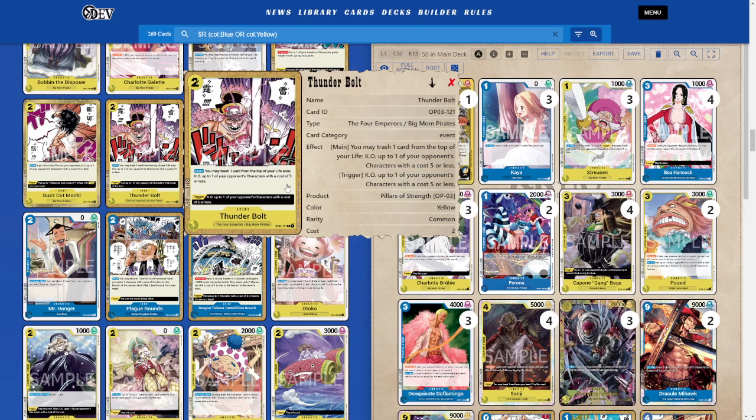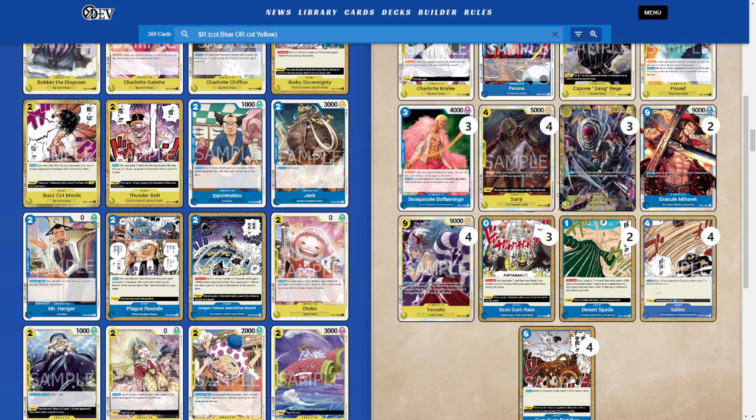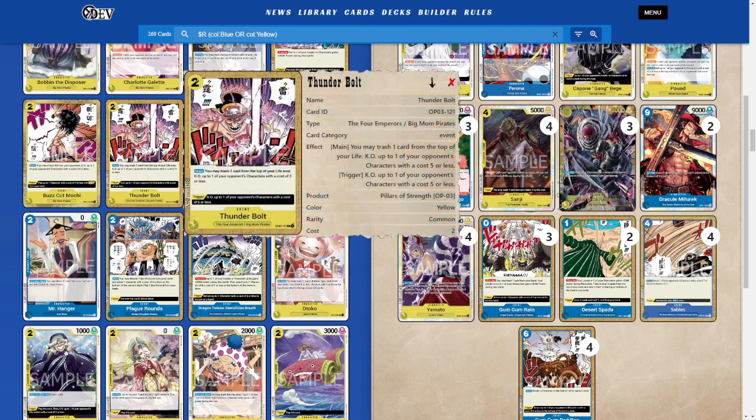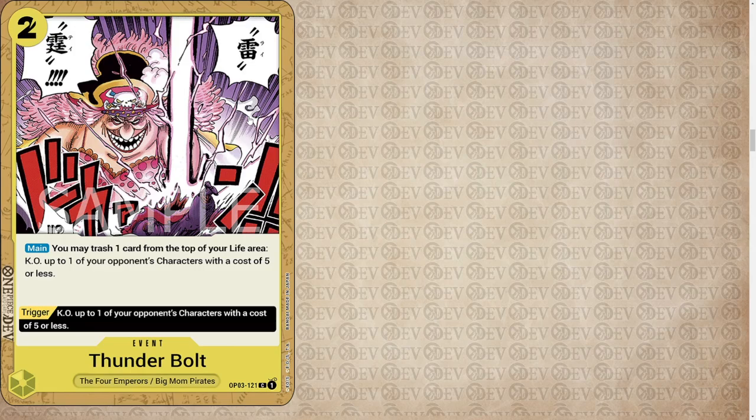Okay, these are the cons, and then I'll do the pros on it. The cons are for 2, you're KOing a 5 or less. Well, we already have a 4 that's bouncing a 7 or less, and has the trigger to bounce a 7 or less as well. But then you look at Thunderbolt. The thing that makes this card actually kind of decent for us is the fact that it trashes a card